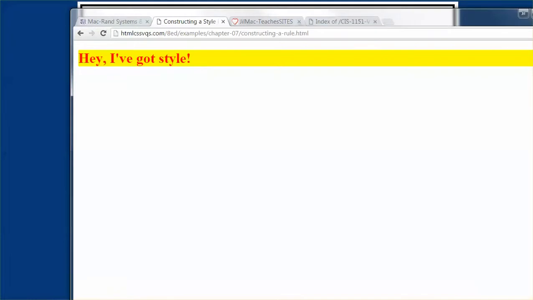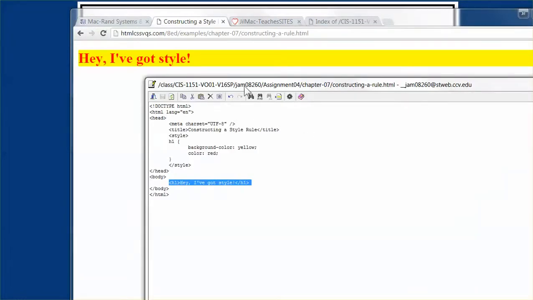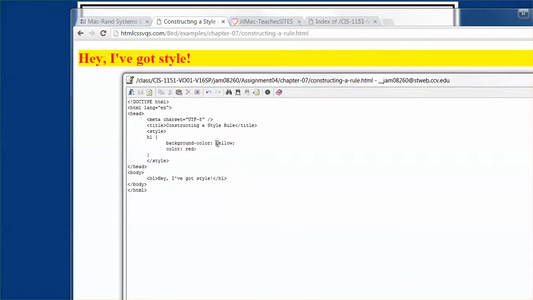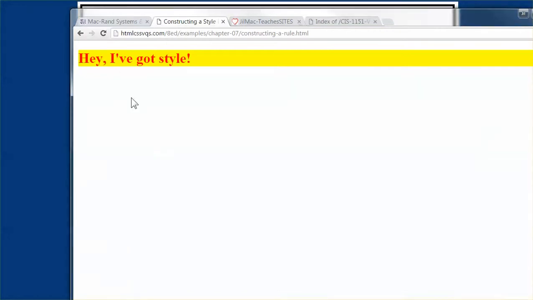If we wanted to do a before and after, we could change this color from yellow. This could be that you want a red background, and that the color of the text could be maybe green. We want something dark enough. So if we were to save that and run it again,